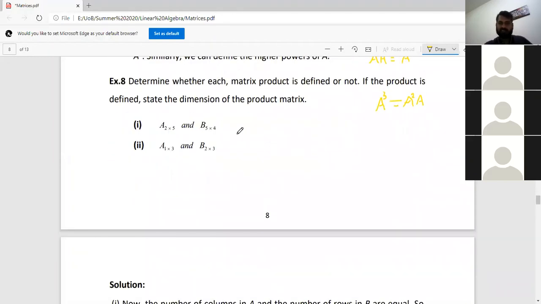Now here is a little example, a very simple one. Here we said if we multiply these two matrices, A and B, the product will be a new matrix. What do you think will be the order of this product? A is 2 by 5 and B is 5 by 4. What will be the order of this AB? You can write it in your chat.